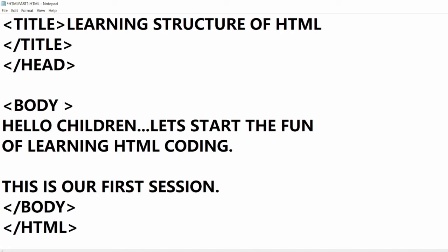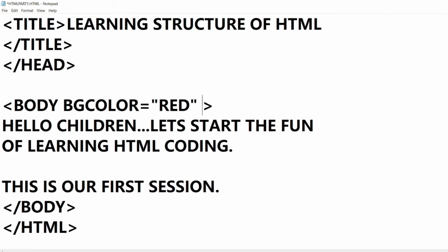Now let us learn something more. This page what we have displayed was very boring, no colors. So let us put some background color to our web page. So here what will you do? You will use the attribute bgcolor. Bgcolor is the attribute to set the background color. It can be used with the body tag also. It can be enclosed within the table tag also. You can use it anywhere.